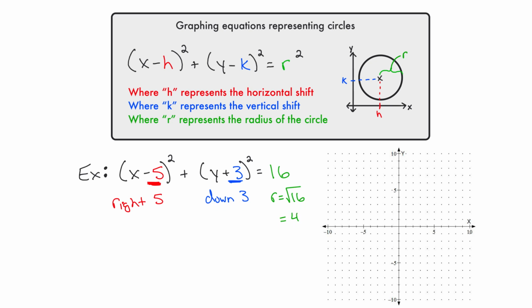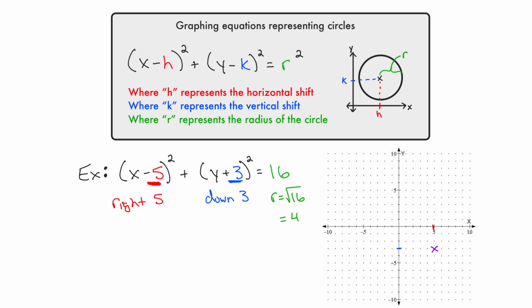So let's start doing this. We're going to go right 5, which takes us to right here. We're going to go down 3, which takes us to right here. That means the center is going to be right here. This is the center of the circle. We mark it with an X, not a dot, because it's not a coordinate on the graph, but it is an important location. Since the radius is 4, what we are going to do from there is from our center,